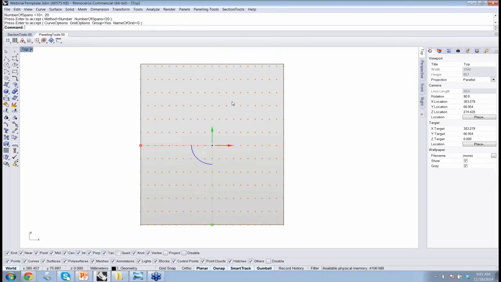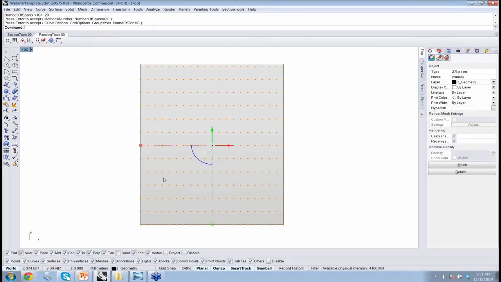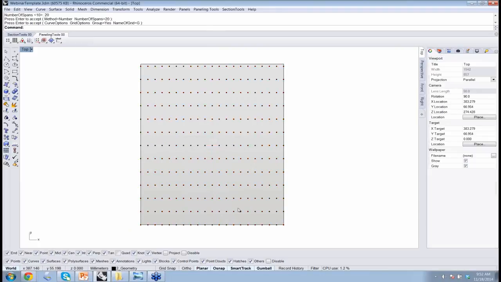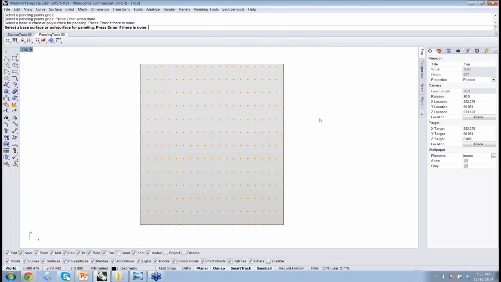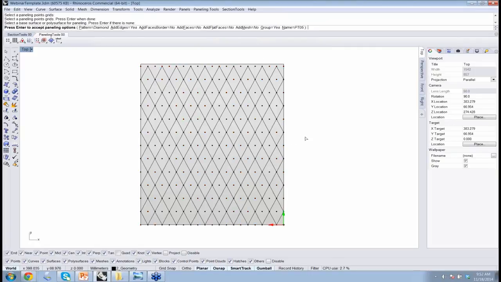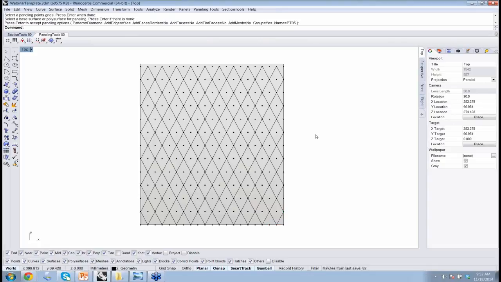And then you can press enter to accept your options, and that's maybe the kind of grid you're looking for. Remember, that's a trimmed surface that has its own diagonal parameterization, and now we ended up creating a grid that is more uniform and in the direction that we are looking for, and then we can apply our panels to give it the look we are looking for. So this is really a huge